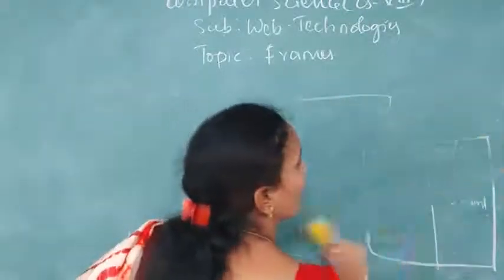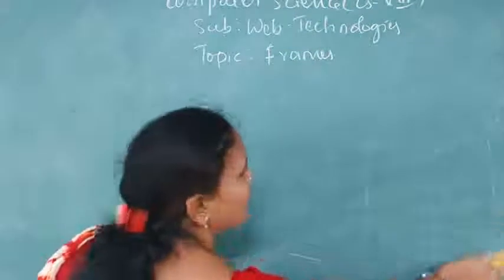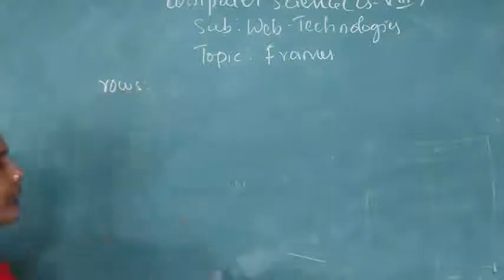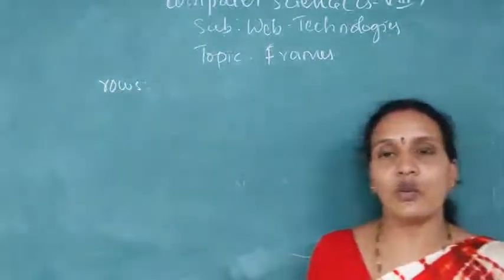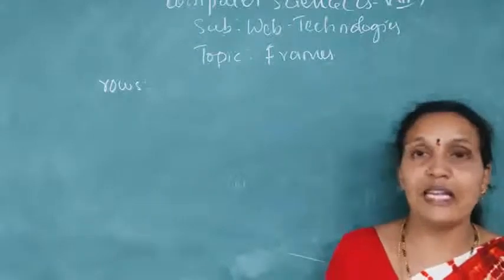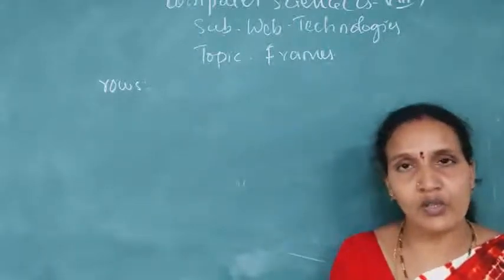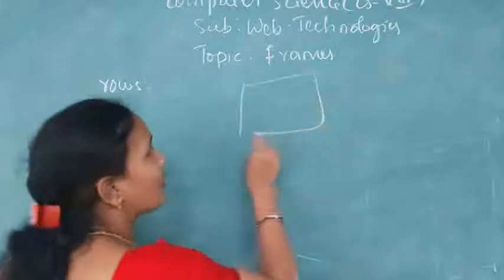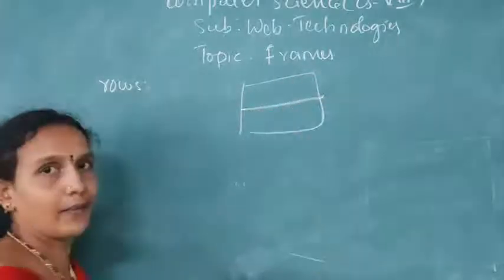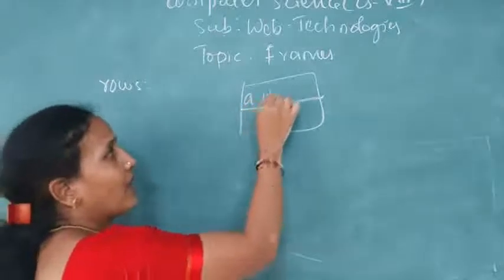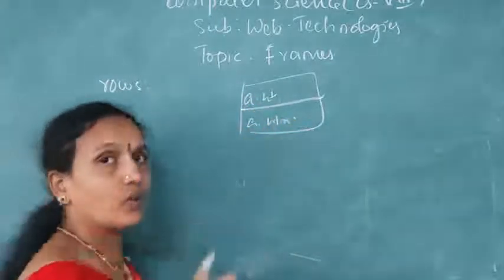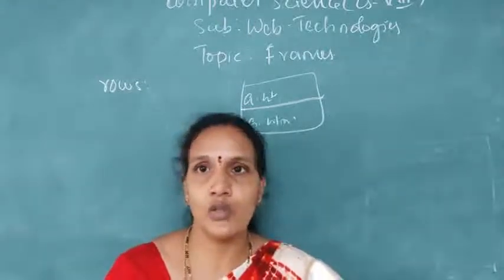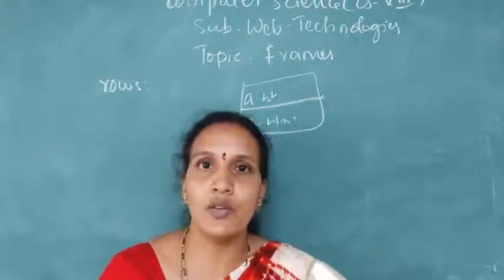Now, this is about the rows attribute. As already said, what is the use of the cols attribute? The cols attribute is used to divide the browser window into columns. Similarly, the rows attribute is used to divide the browser window into rows like this. This is the browser window. Instead of vertical frames, I want to divide the browser window horizontally, and in this I want to execute one file, and in this I want to execute one file. So when you want to divide the browser window horizontally, we take the help of the rows attribute. The rows attribute is used to divide the browser window into rows.